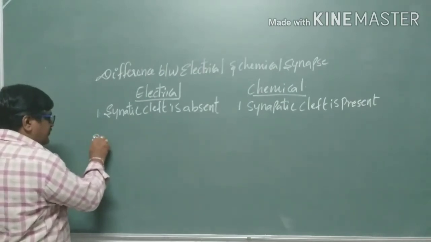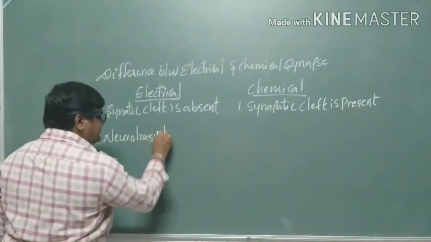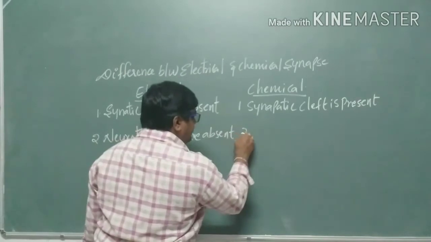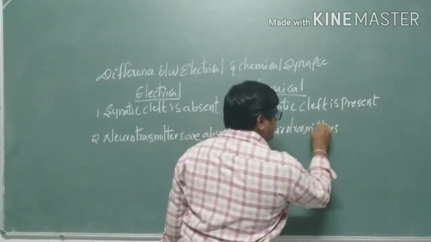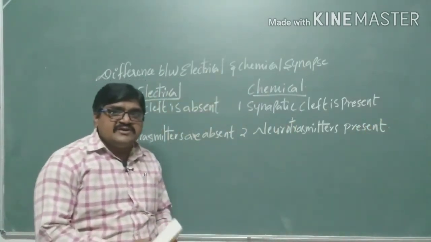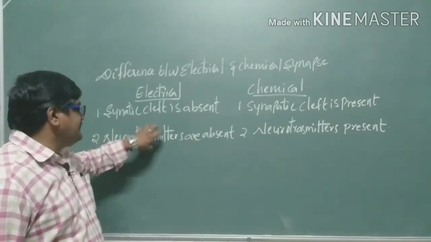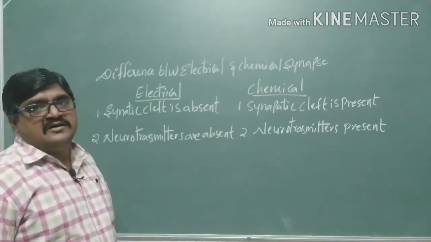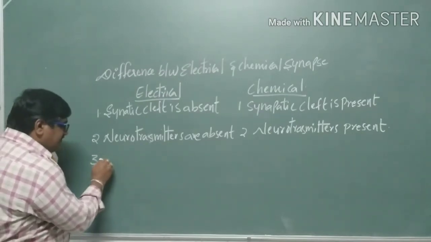And second, the neurotransmitters are absent in the electrical synapse. In the chemical synapse, neurotransmitters are present. That means in chemical synapses, only in the presence of neurotransmitters is the information passed from one neuron to another neuron, but in the electrical synapse, neurotransmitters are not present. The information is passed directly from one neuron to another neuron, and it is very fast. And the third one, if you see here,